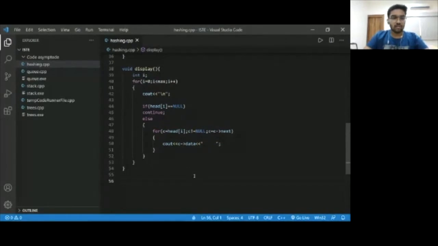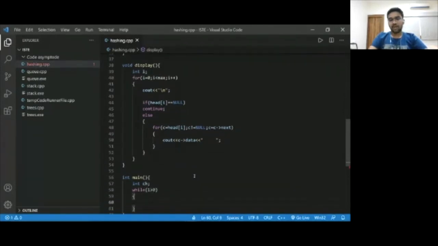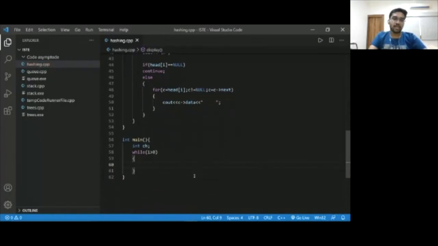So let us now move on to our driver code, and this time we will be making it a little bit more user centric, as I had been suggesting to you since I started the stack code. So int main, we have int ch, a choice basically, and an infinite loop is what we would want to run. So while 1 is greater than 0, that makes an infinite loop, because every time 1 is going to be greater than 0, no matter how many iterations you do.